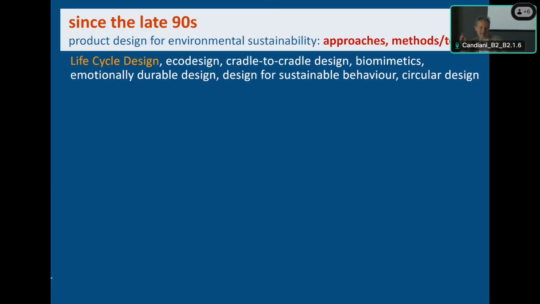Well, but it was from the late 90s when we started not just focusing on material, but moving a little bit wider up to the product level. So we started speaking about life cycle design, or eco-design, as the European community mentioned. You see, they speak about eco-design, not circular design, for example. And in the document, they say they have to be circular, but also non-toxic, material and resource intensive, and so on. So circular is something good, but it's not all.